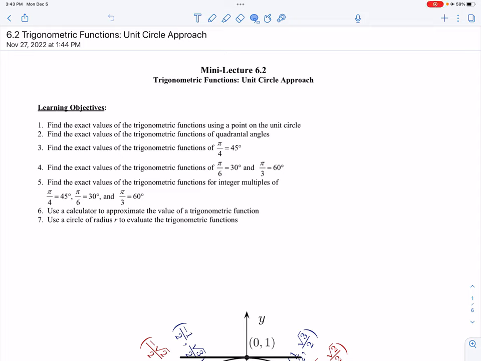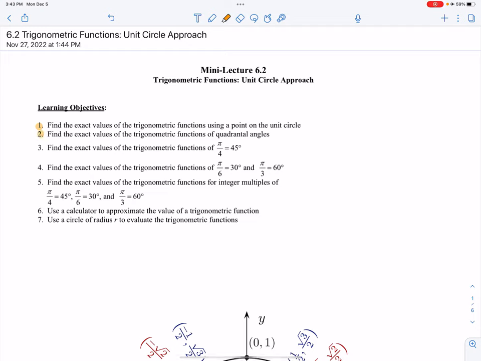Welcome to lecture 6.2, Trigonometric Functions, the unit circle approach. So we're going to be looking at our trigonometric functions using specifically the unit circle. Our objectives for this section are to find the exact values of trigonometric functions using a point on the unit